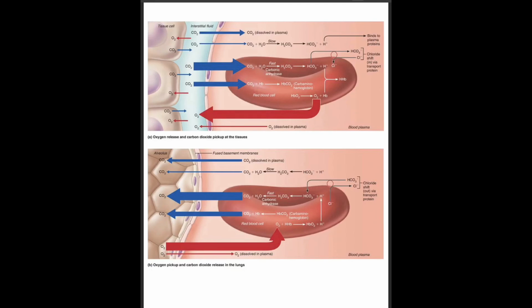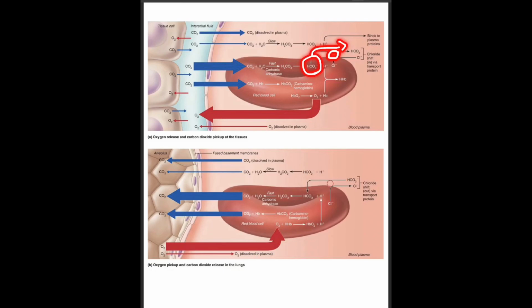Then what happens? Some carbon dioxide in the RBC will combine with the hemoglobin. That is 5% of carbon dioxide, which is transported in carbamino compounds. So it will form carbaminohemoglobin. Now when bicarbonate is increased inside the RBC, it will move outside. Here is the protein band 3. With the help of protein band 3, the bicarbonate moves outside.